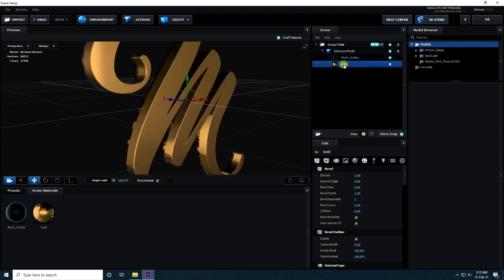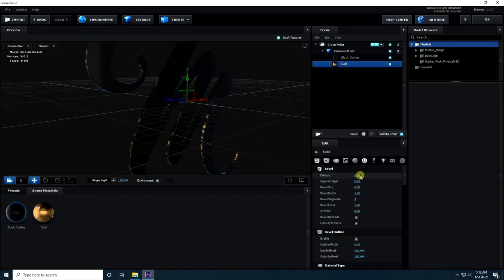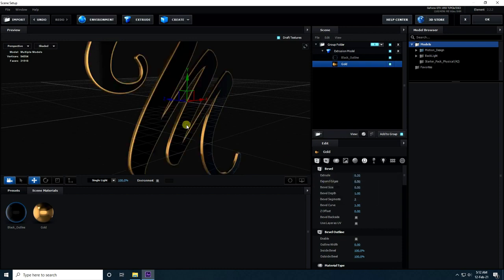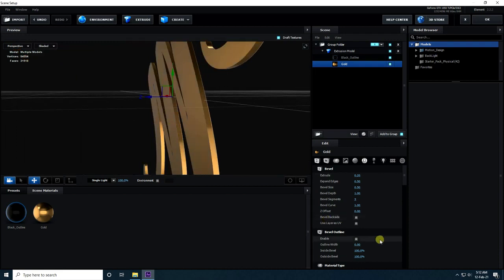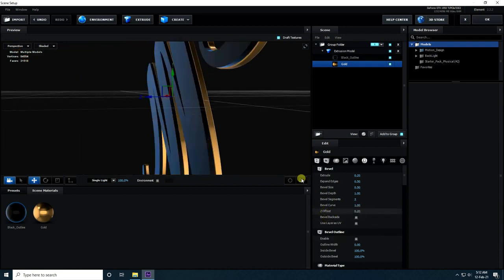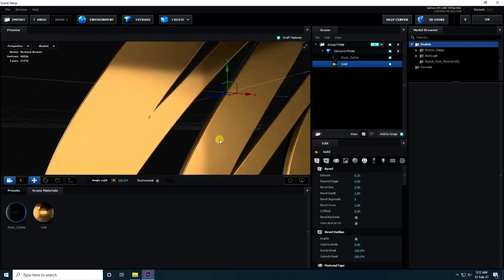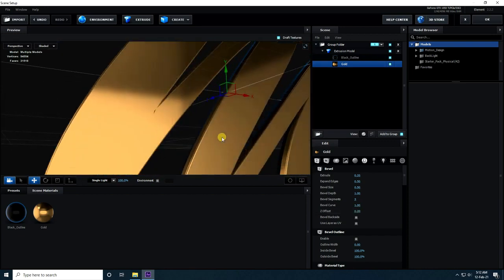And select this gold material and extrude the same 0.2, and expand edge I take 0.5. So guys, go to Z offset, I take 0.2. Like this. See guys, that's my bevel effect.